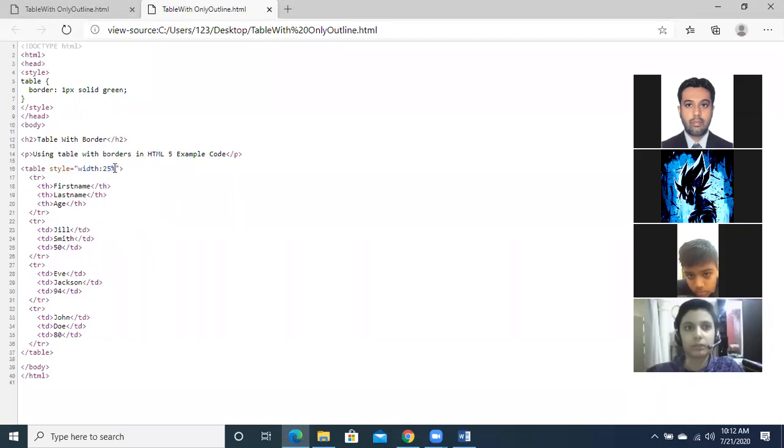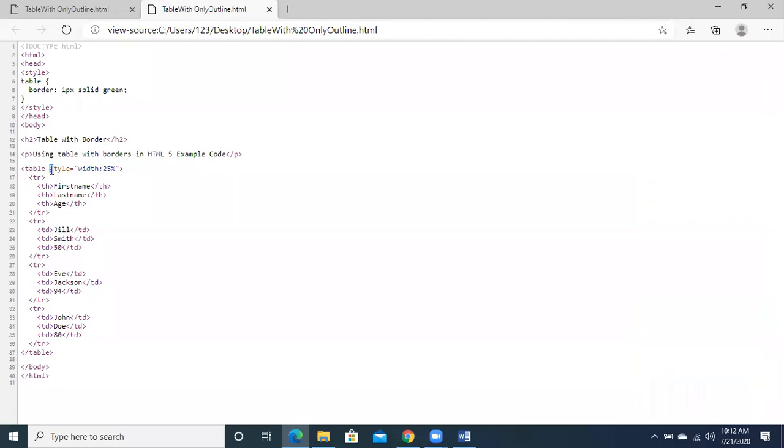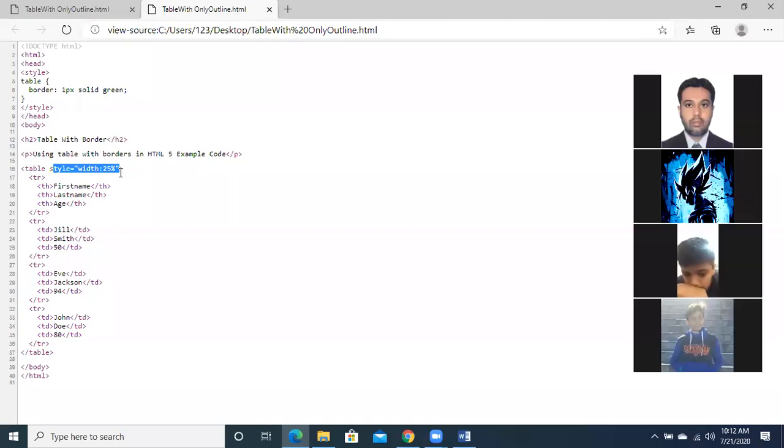Acha ji, one more thing you are seeing over here that is different from the last work: the table style width. In the table tag, we have mentioned style, which decides how the table will appear. In the last program, the output was coming in a corner and was small. So what I have done today is take 25% of the width of the page.